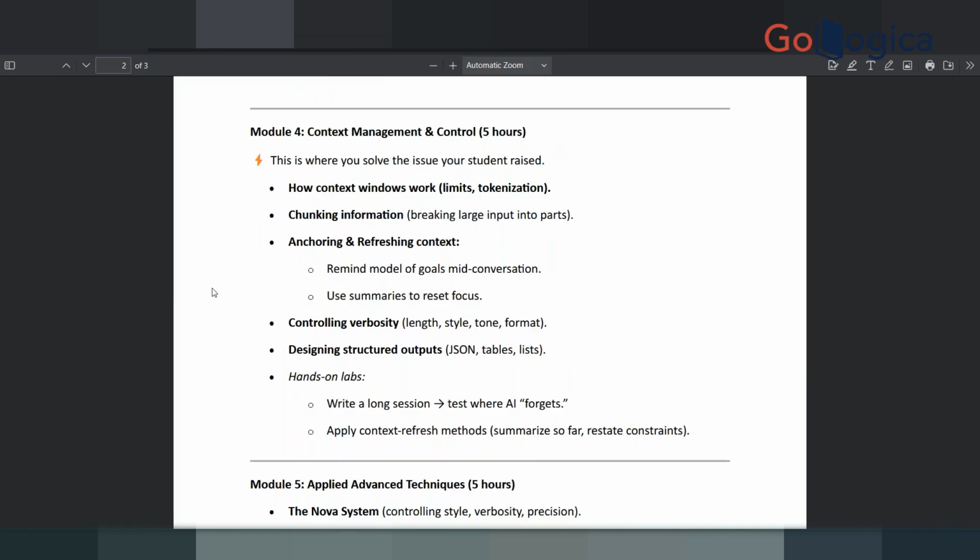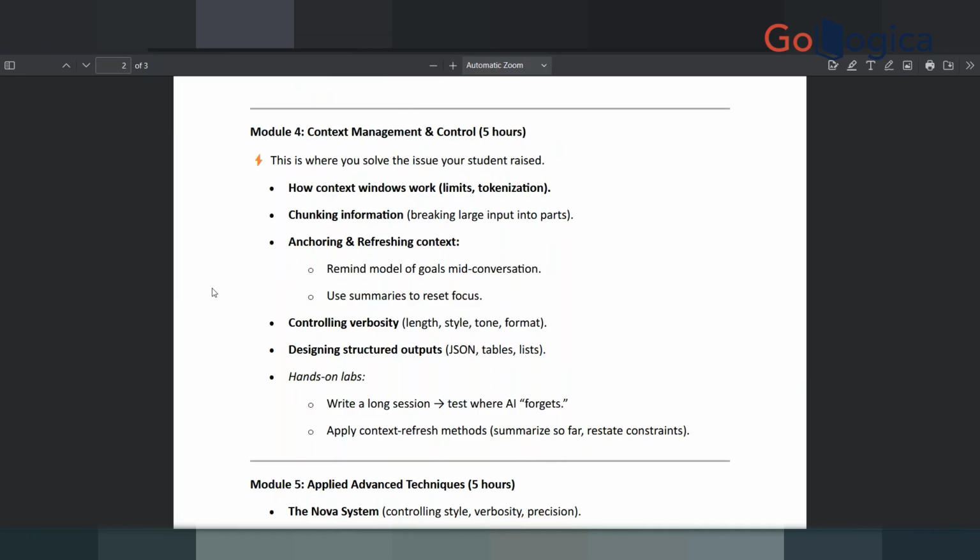Then there is designing structured prompts and outputs. You are already working in programming, so you must be aware of JSON, tables and lists. You can ask the AI explicitly to create the output of a certain prompt in JSON. For example, you want not just a list of cities, but a list of cities and the small towns in those cities, and you want to use that in your project to create a drop-down list or a select list.